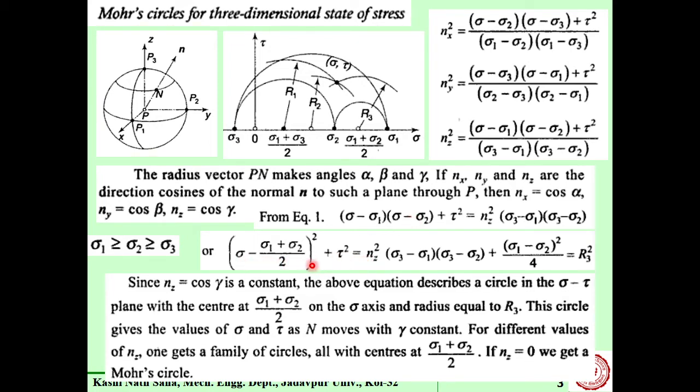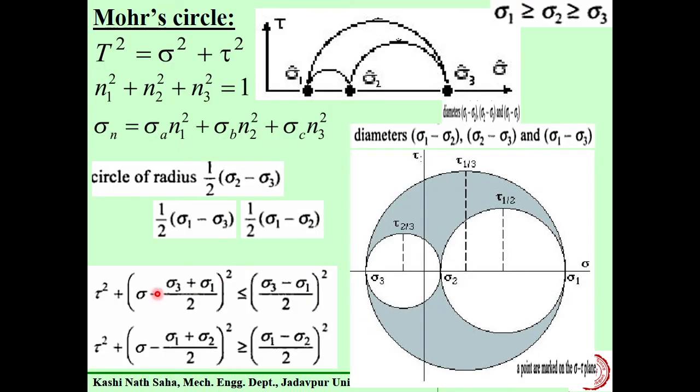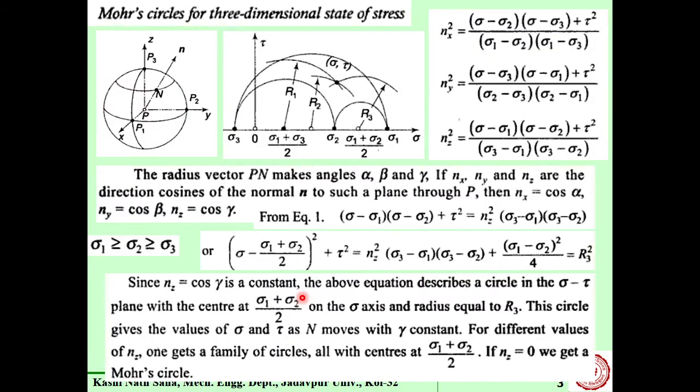So this is the thing we are getting, and in the right hand side we have this quantity, which is what we are taking to the right hand side. Let us say this whole thing represents a radius, because in the left hand side what we have is the equation of the circle. This is the center point. This is what we have seen earlier. Clear?